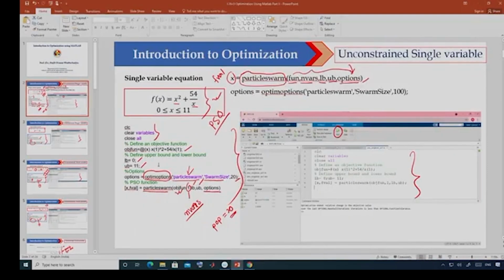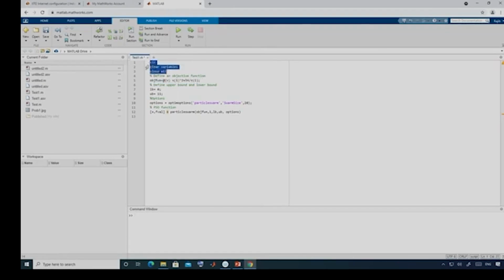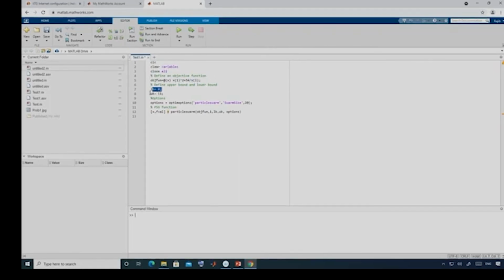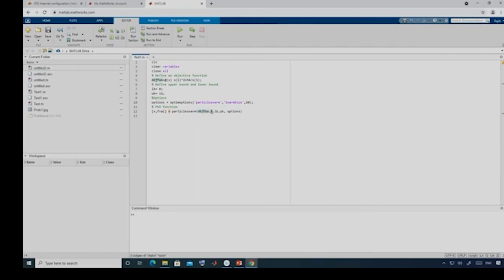So, let us take the first problem. This is the function. Here you can see I have defined the objective function, and these 3 lines are just to clean the environment. Then I have defined the objective function, and then lower bound and upper bound, and then options. Swarm size I have defined as 20, and then I have used this particular line to run the particle swarm optimization. Here what you have to define? You have to define the objective function, and then number of variables is 1, then lower bound, then upper bound,